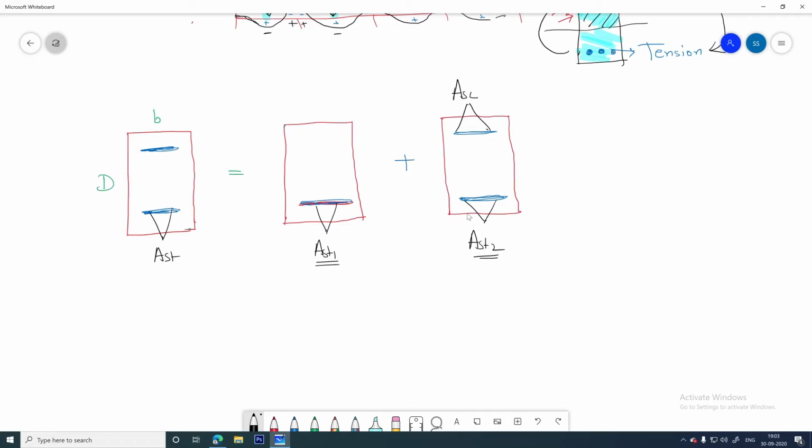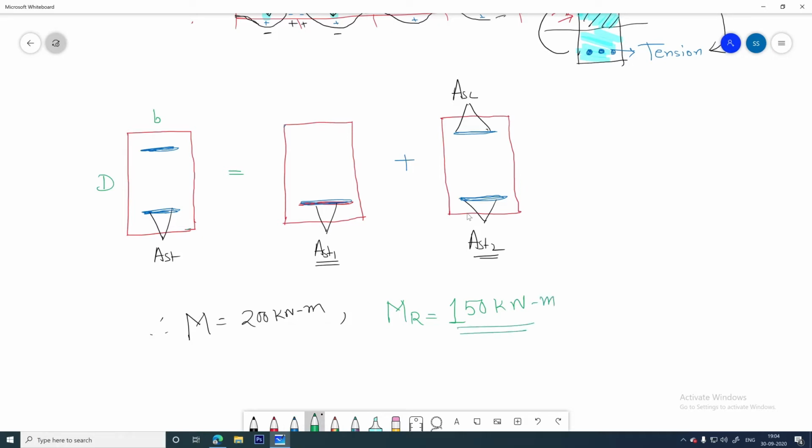The thing you need to understand is that suppose you need to design a beam in such a way that it can take the moment of 200 kilonewton meter, suppose. Firstly, at the time of beam design, you consider the beam as singly reinforced. Now as per your dimension you determine the moment of resistance considering it as a singly reinforced beam section. So suppose after determination your value will come around 150 kilonewton meter.